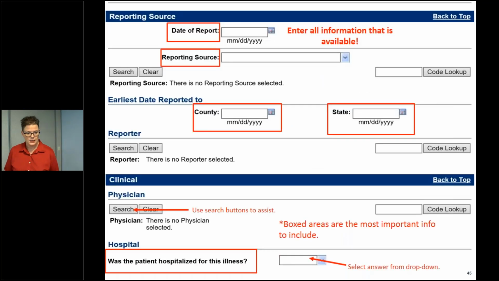Then you want to enter all information that's available. So you will need the date of report, your reporting source, which is your provider, your hospital, the dates reported to county, which is you, and then state, which is me, or us. For the physician, you can search,